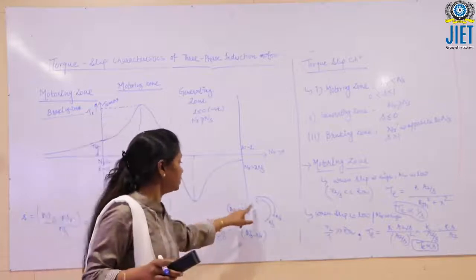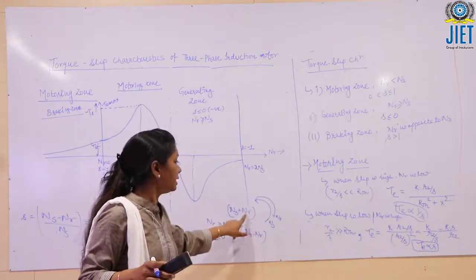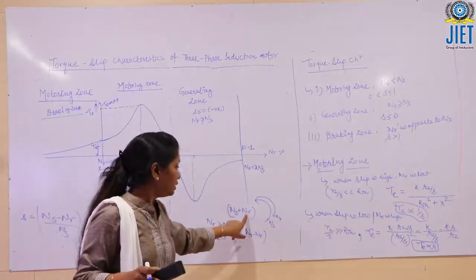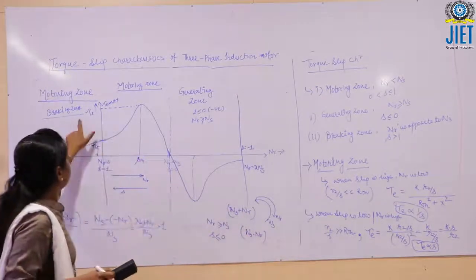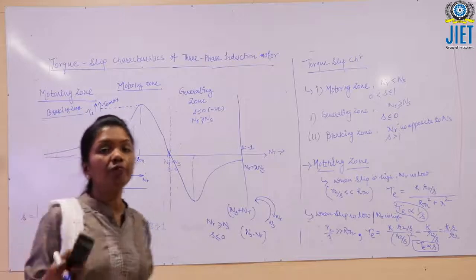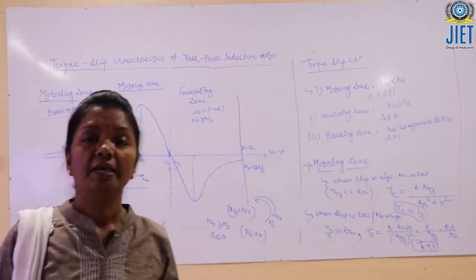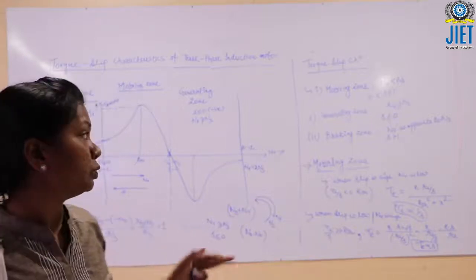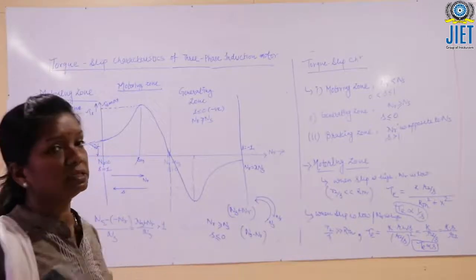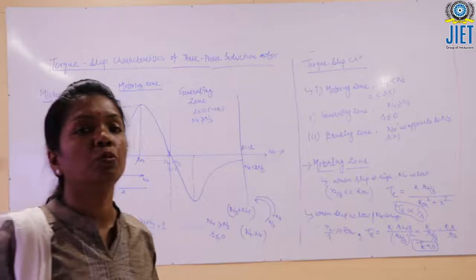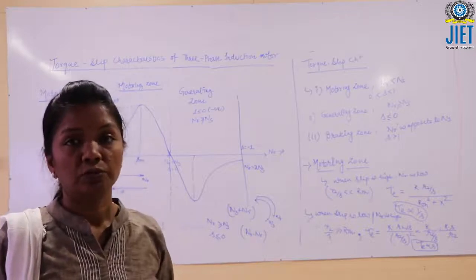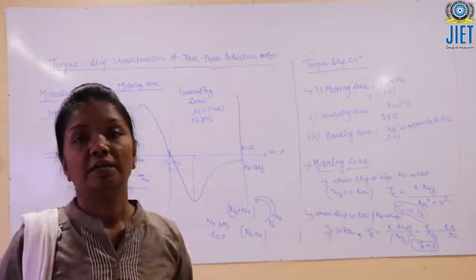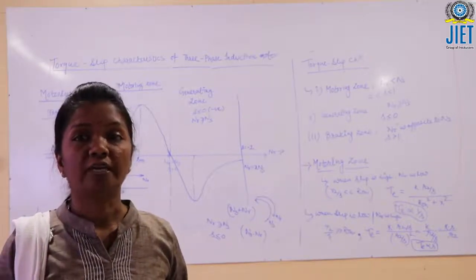So when this relative speed is decreasing, and for that matter NR is also decreasing, the motor is called in braking zone because the speed of motor is reducing, or we can say the rotor is decelerating. So when the rotor is decelerating, it is obvious that we will say the motor is in braking zone. Therefore the third zone of the characteristics is known as braking zone.